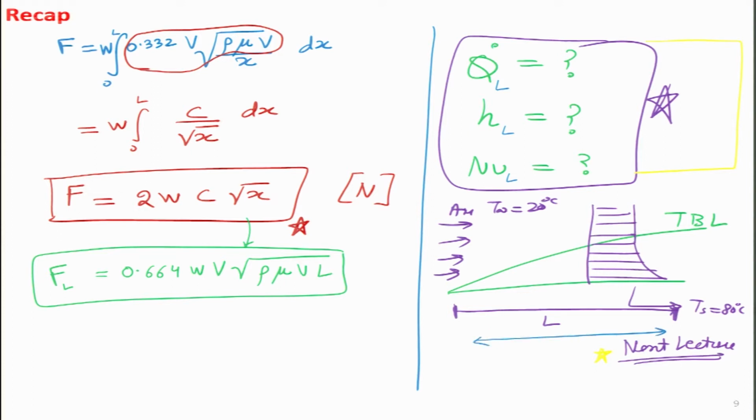In addition to that, we also want to figure out values for force, how much force is acting on that particular plate, what is the shear stress acting on the plate, and what is the coefficient of friction acting on the plate. If we know these values as a function of x, then we can integrate them like we did last time. You can see on the left hand side, we had reached this particular point, shown in the red box. Just before the start of the lecture, I plugged in that constant c value over here, and this is the expression that we get.